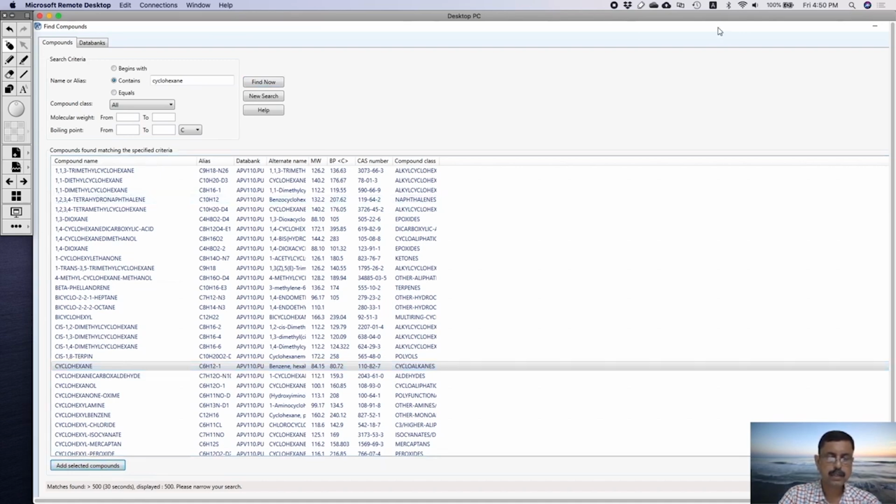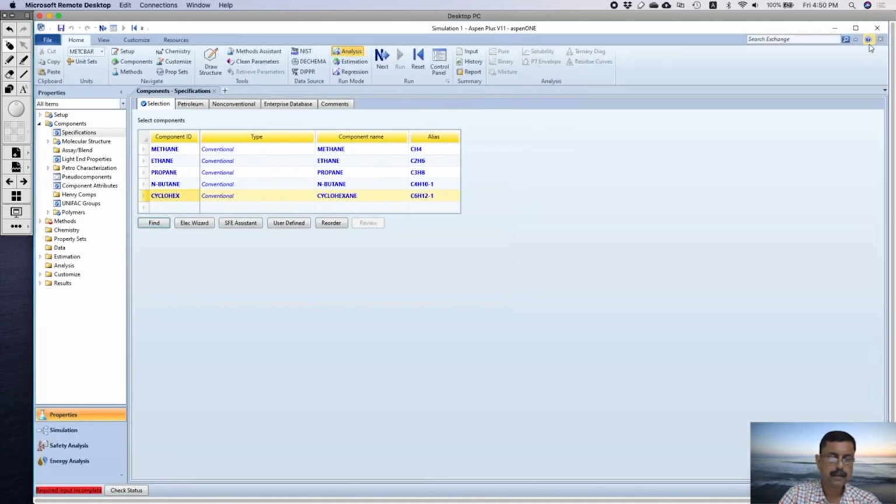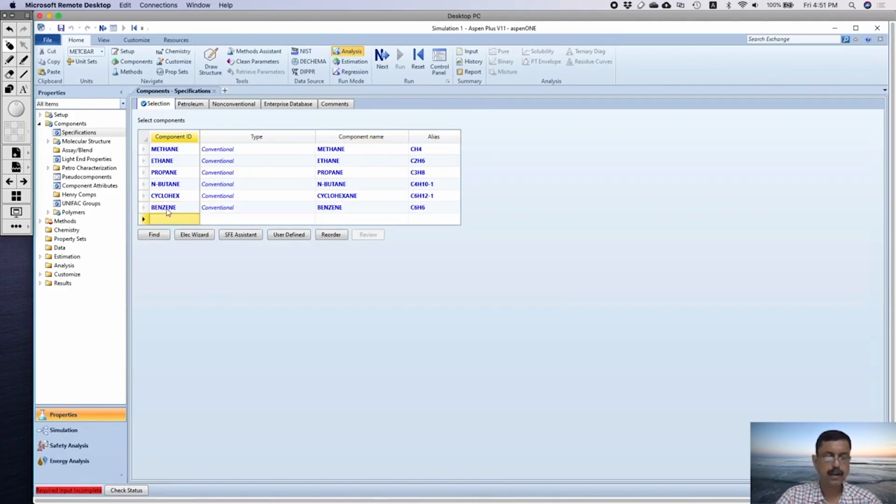Once we do it, then you can see it has added cyclohexane. The other two are very simple, benzene and toluene. So we write it in this fashion, it will accept. Okay. Now we have to press next,